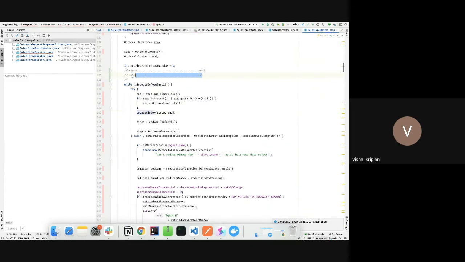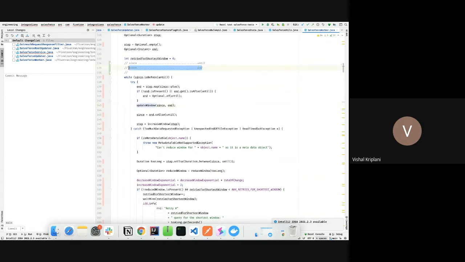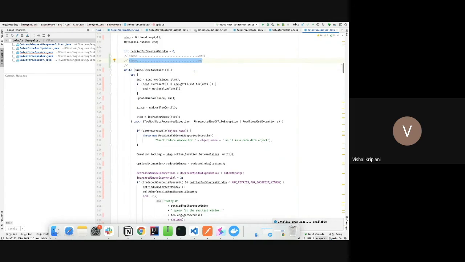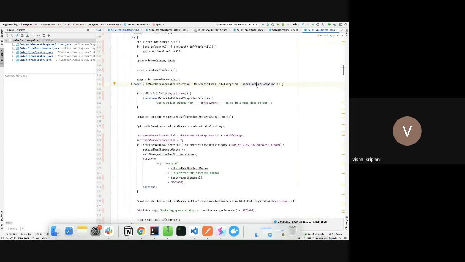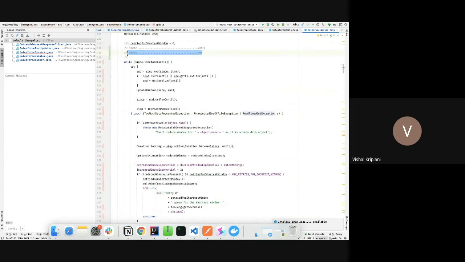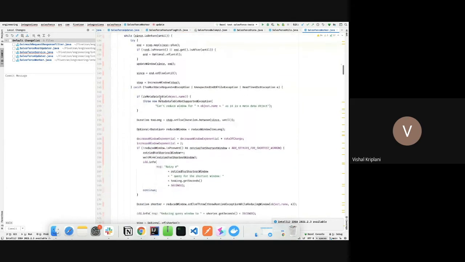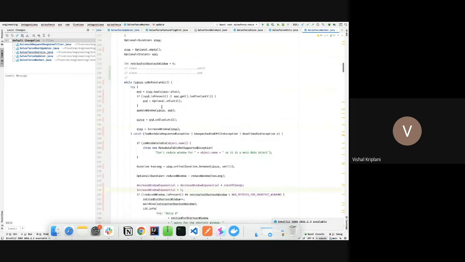So this is the window for us. We'll try to update the window, right? Let's suppose we tried to update this window from since to end, and we failed to do that. We got some exception like too much data exception, unexpected end of file, or read timeout, whatever the exception we got. Then we decrease this window. We decrease this whole window by some exponential factor. I'm not sure about the logic of how we decrease it, but mostly we decrease it by a factor of 2 or something.